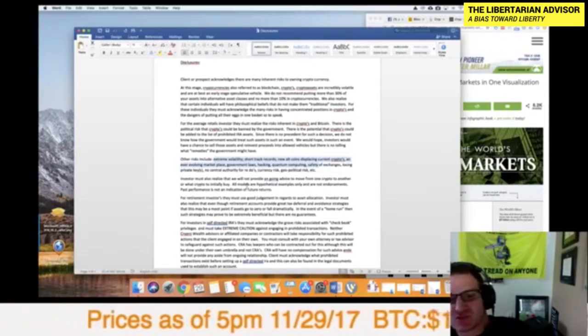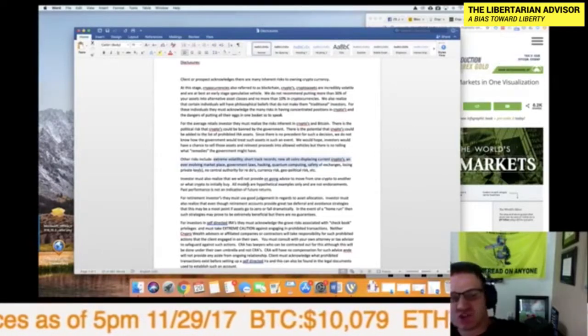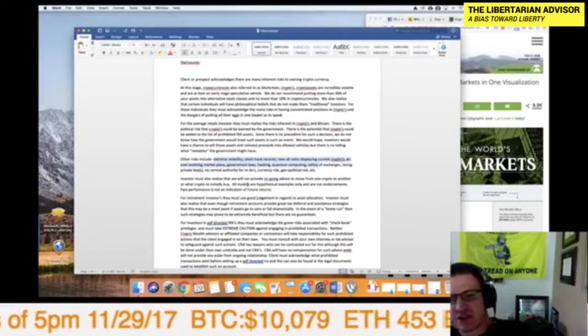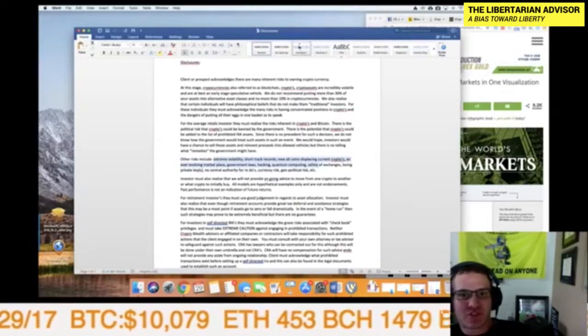There's no real central authority, which for me is a good thing. There is currency risk. There's geopolitical risk. Again, I think this could help solve some of the geopolitical risk. But this is not some risk-free